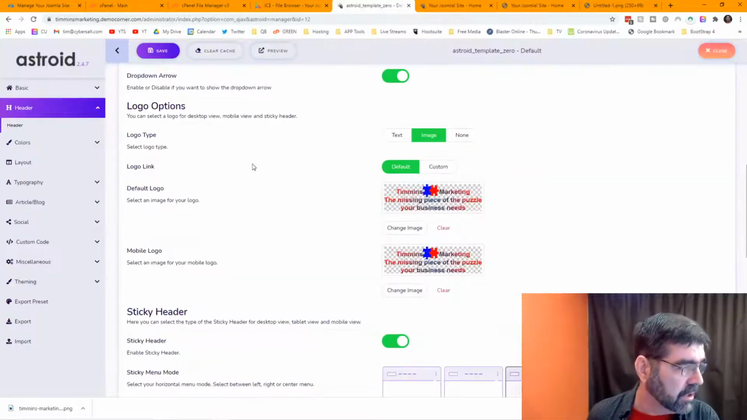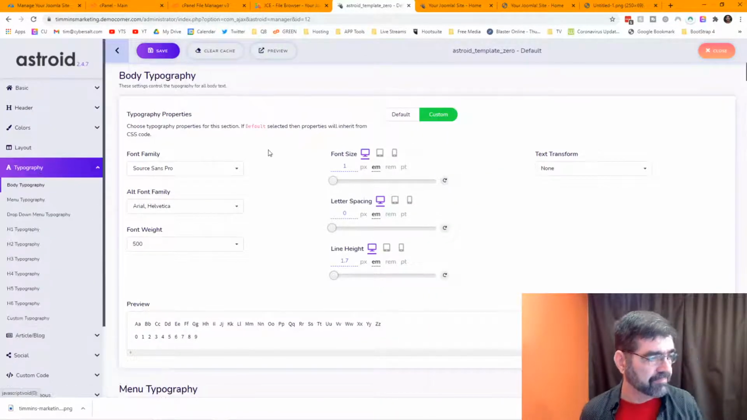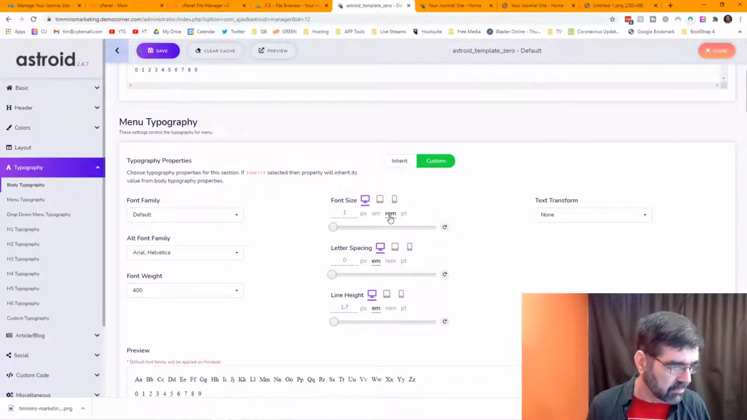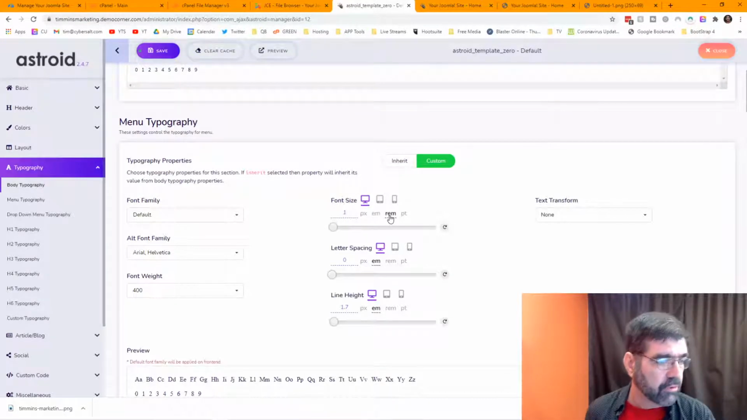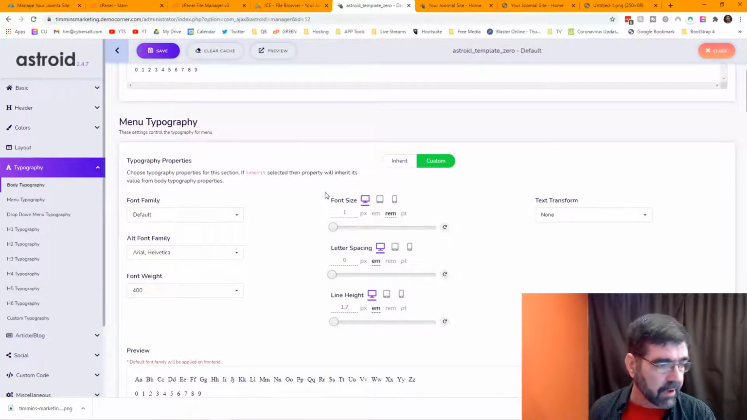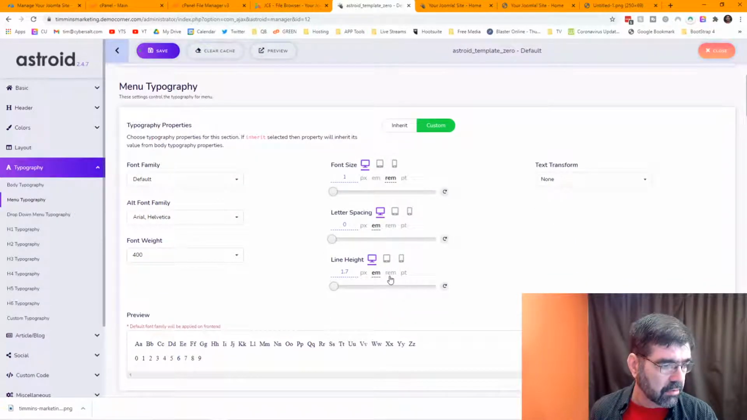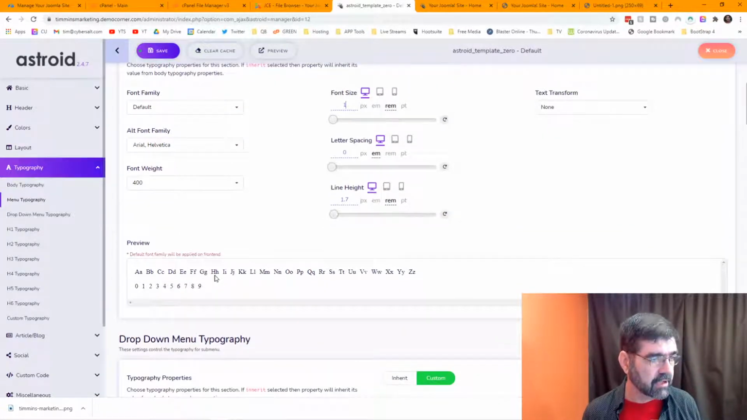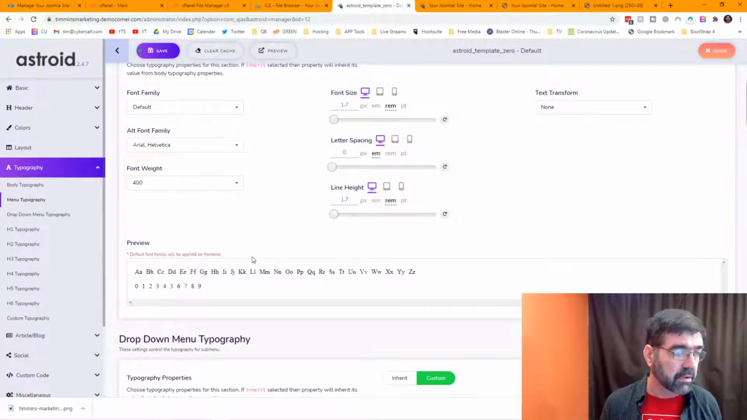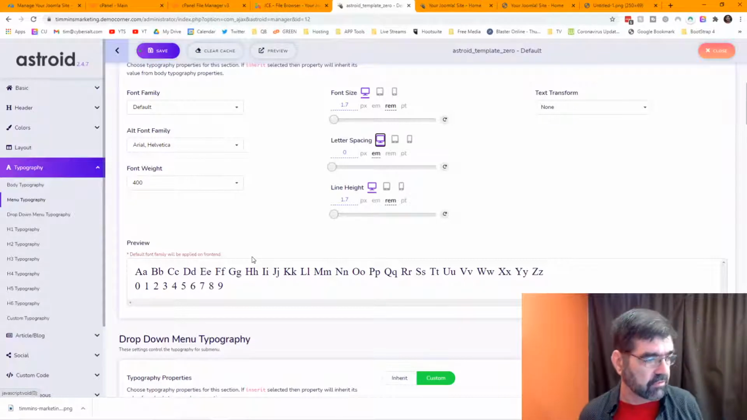So let's go back into Asteroid, and we're going to go to typography. We have our menu typography, and it's 1em. I like to work in REMs. I understand that that is better for mobile devices and responsive. And then we'll do our line height. We have our preview for the text down here. So let's make it 1.7 rem. That's a nice size for the